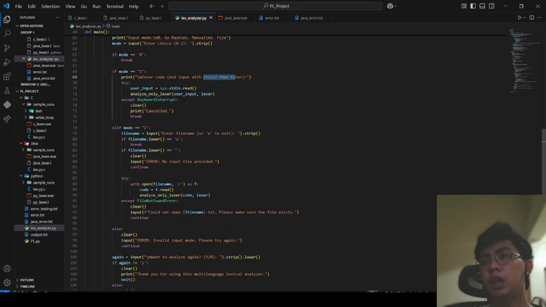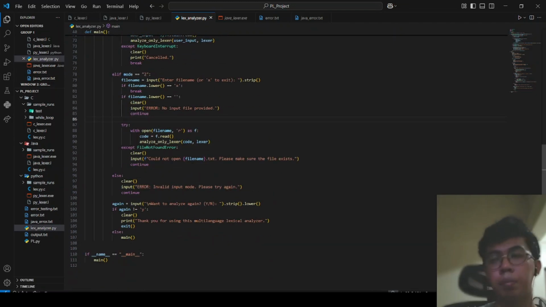If the input was empty, it will catch it: no file input provided. If the file name was not located or doesn't exist, it will flag it as an error and just repeat the input mode.